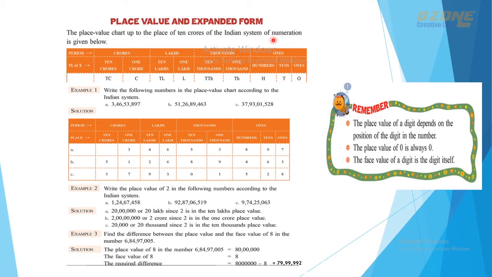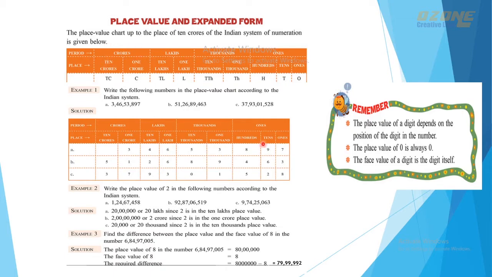According to the Indian system, while we are putting numbers, from the end we'll classify the number: the last three as a group, next two as a group, next two as a group, and so on. So the last three places, that is ones, tens and hundreds, together are called ones; 1000 and 10,000 together are called thousands; 1 lakh and 10 lakh together are called lakhs; 1 crore and 10 crore together are called crores.